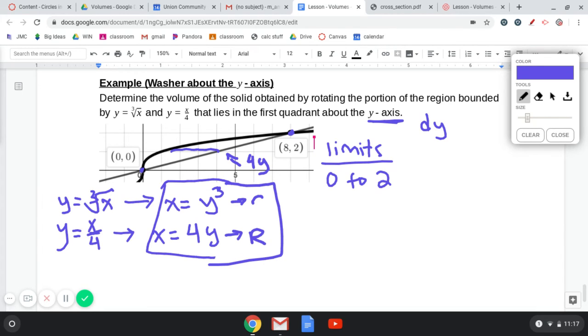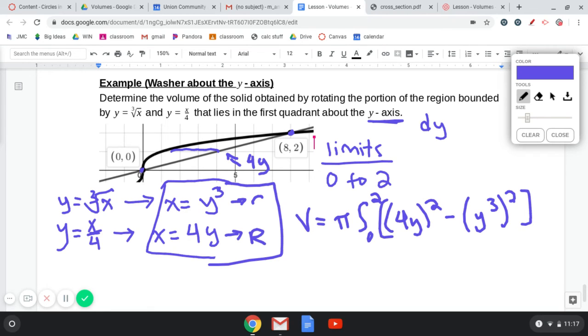Now we can use our volume equation. So volume is equal to pi times the integral of our limits from 0 to 2 of our outer radius squared, so 4y squared, minus our inner radius squared, so y cubed squared, dy. And at this point, you integrate just like you would with respect to x, except it's y now. So we got pi times the integral from 0 to 2 of 16y squared minus y to the 6th dy,